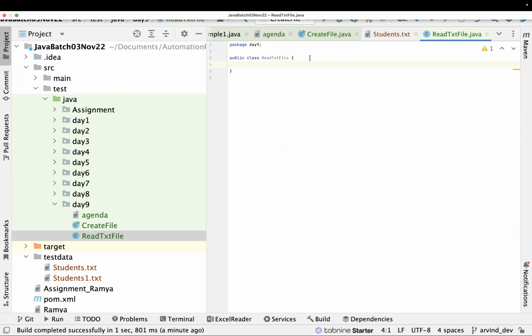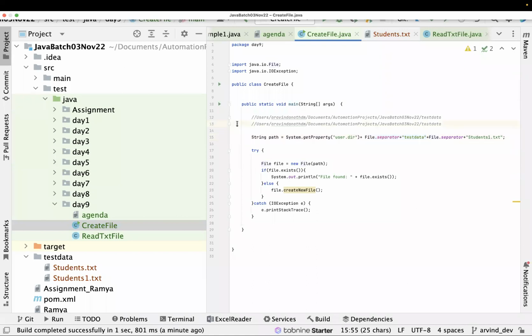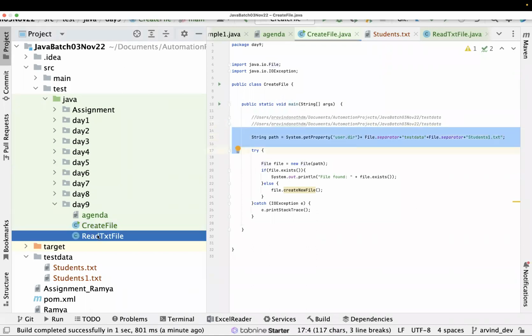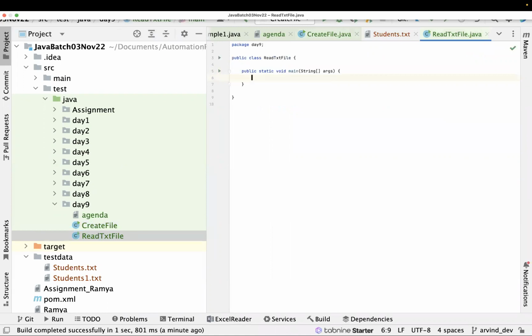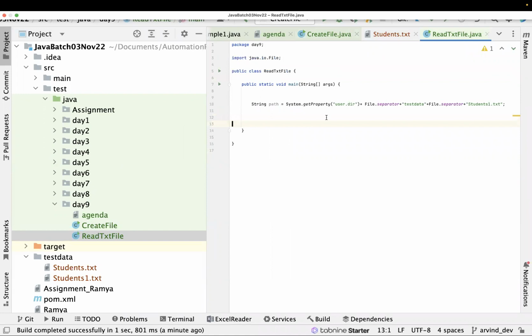Yeah. So now to read, again, we need the path and all. I'll just pick this line from this. I can avoid rewriting it. So let me go to the main method. So in this main method, I will write this. So here I am going to